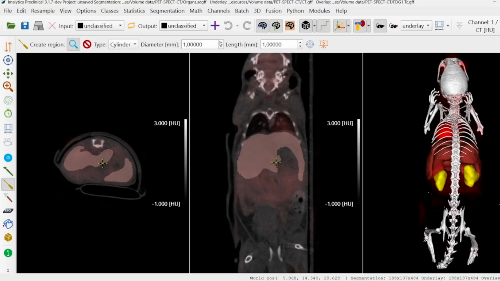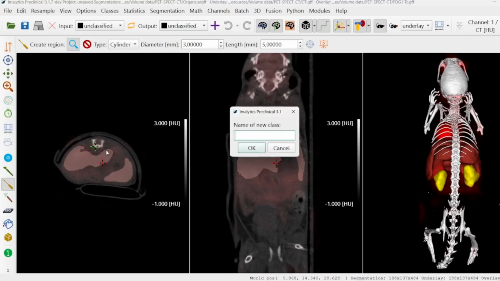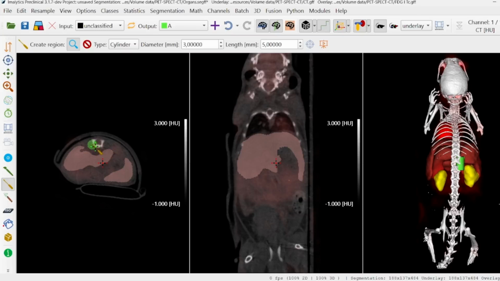You can change the parameters. For example, we have here a diameter of 3 and a length of 5. I will generate an output class A. And then I can click in the axial slice view or in the coronal slice view or even in the